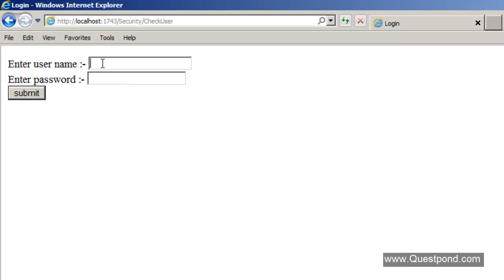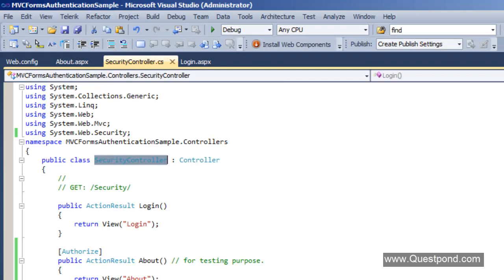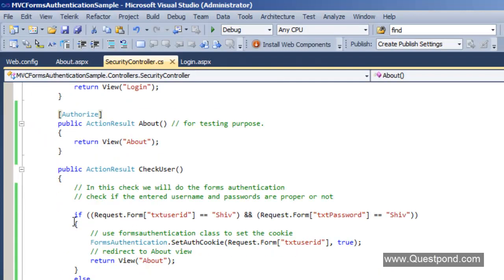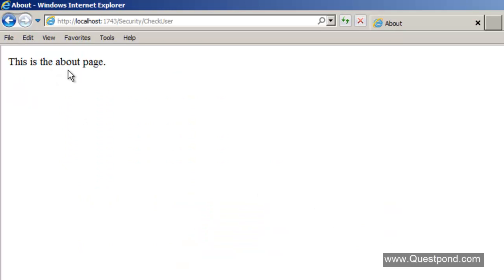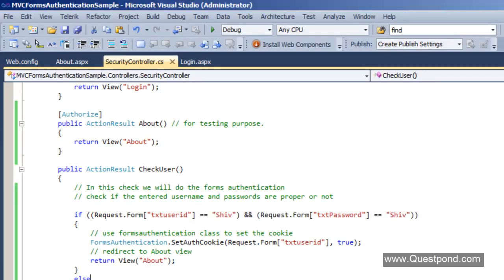And now if I put a proper username and password, so if you remember, in our controller we had hard coded the username and password, right? So now if I go and put a proper username and password, you can see that it is redirecting to the about page. And just to quickly check, if you try to straightforward invoke the action about us, it will not work. So in other words, let's say if I close this browser and start again,